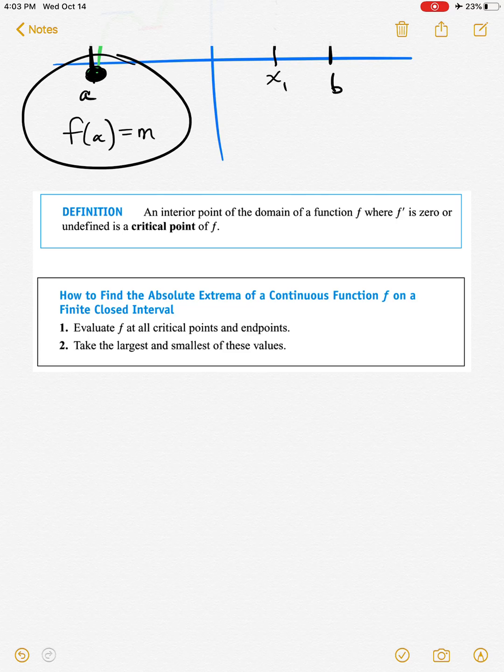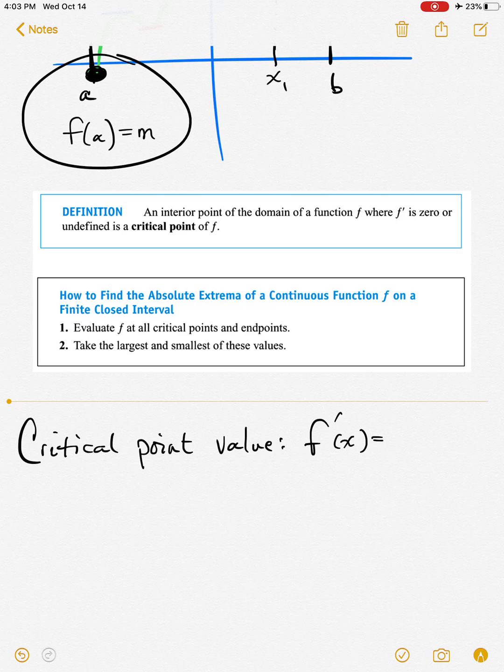And in order to find a critical point value, it's calculated by setting f prime of x equal to 0 and solving for x. Anything that makes the first derivative 0 or undefined is considered a critical point value. Alright, we'll get those critical point values, and in order to find the extrema,